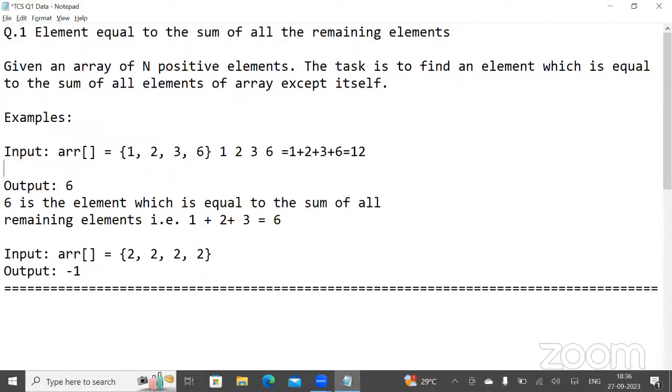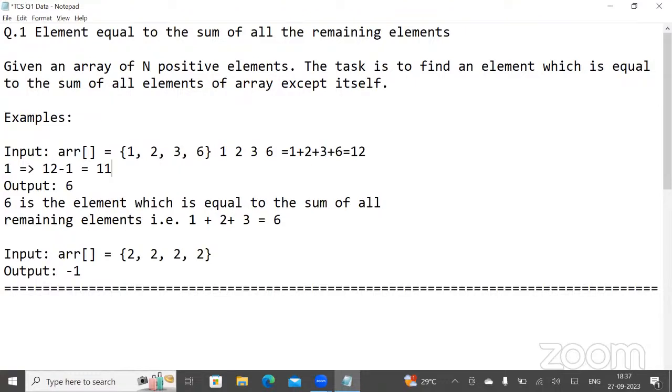Let us say I'm comparing with 1 right now, because 1 is the first element of the array. If we subtract that from the entire sum of the array, that is 12 minus 1, you may find an absolute difference. You may also do 1 minus 12, that's fine, that's not an issue. So you get the result as 11, and that does not match the current element of the array. That is the reason we can't choose 1 at this point.